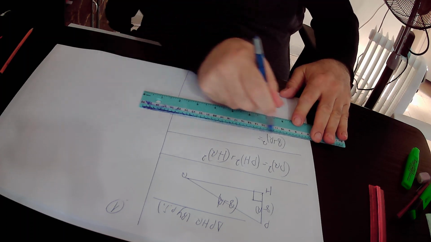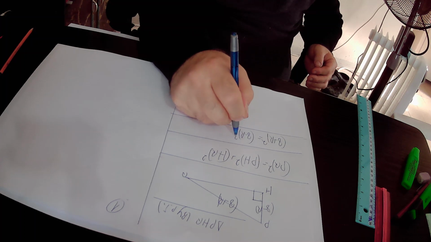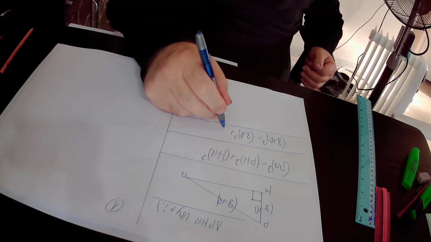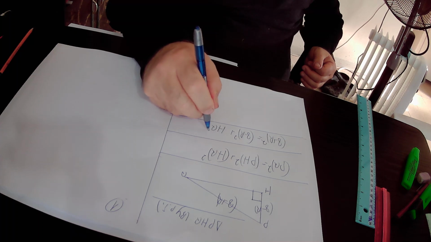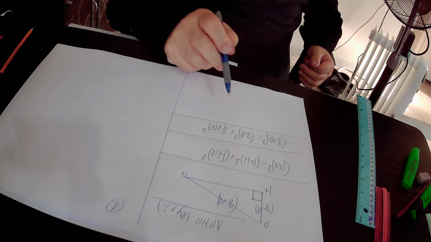PH is 8 minus r, therefore PH squared is (8 minus r) squared, plus HQ squared. HQ is the missing side, so we leave it as it is. So according to the Pythagoras theorem, (8 plus r) squared equals (8 minus r) squared